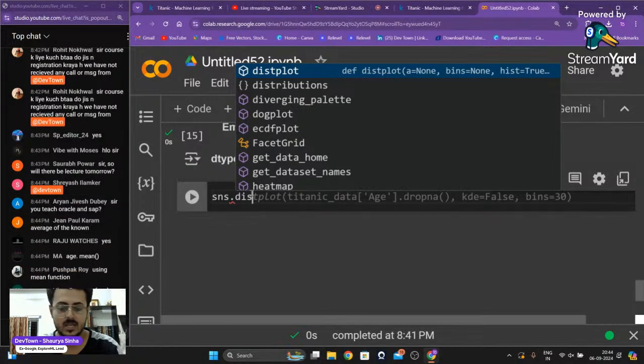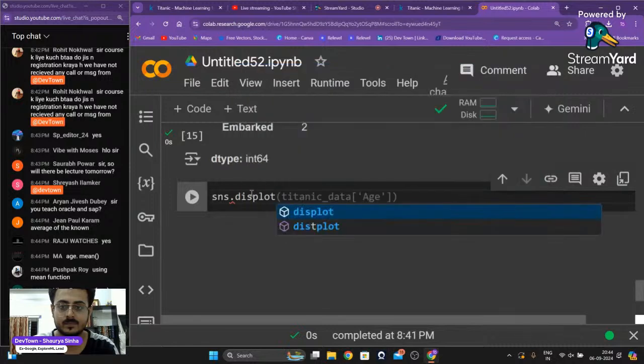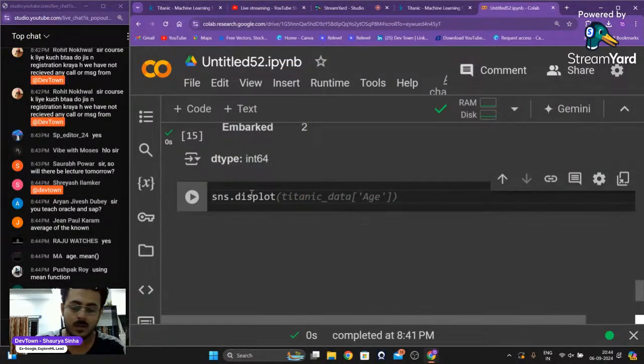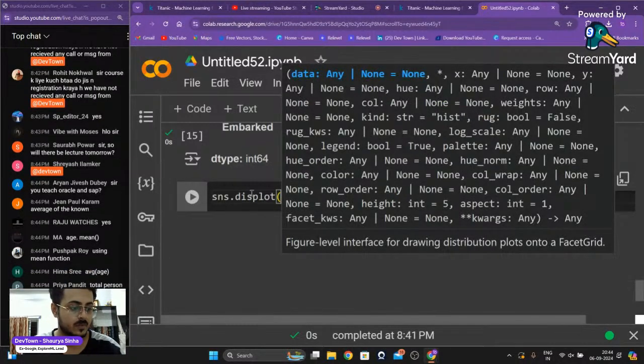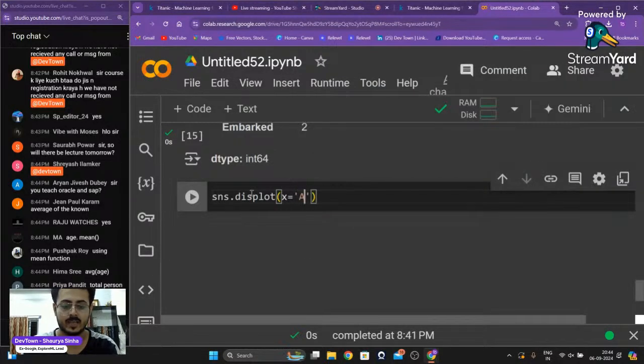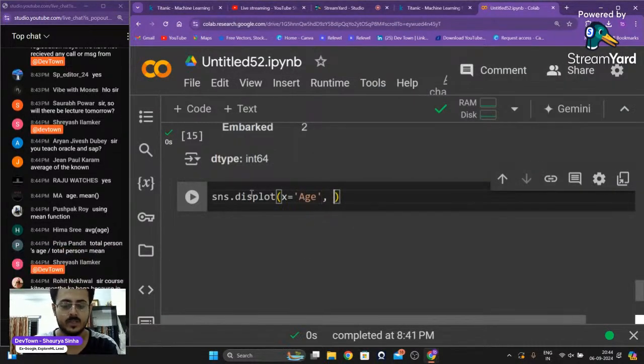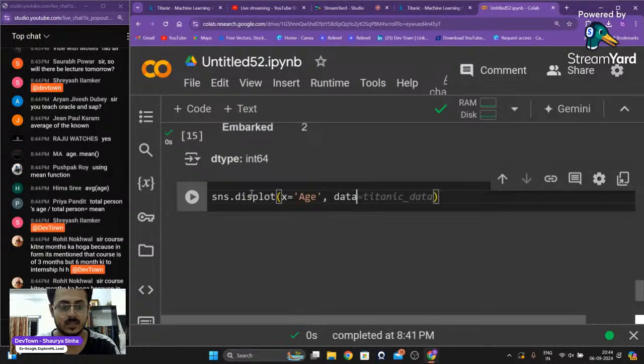Let's use this plot, distplot, and we'll put x is equal to age, and we'll put data as